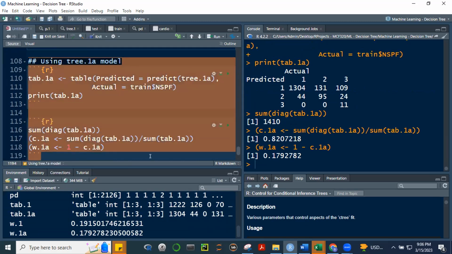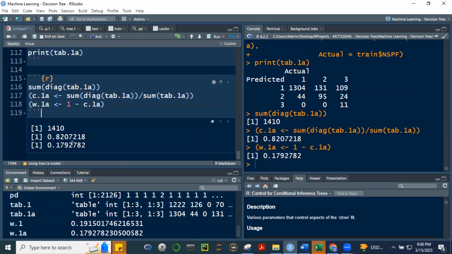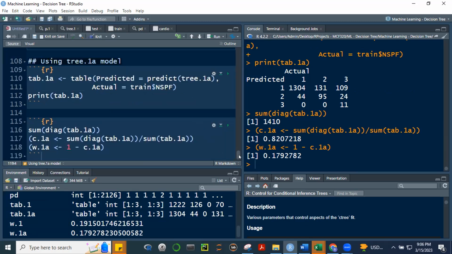Copy natin to, Control C. Kung 1.b yung ginamit natin, which became really quite broad, no?